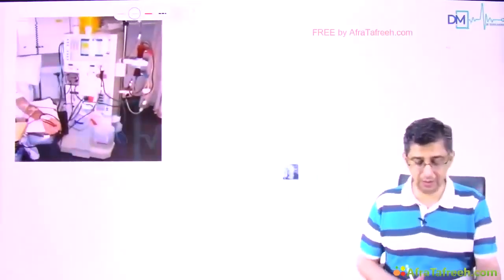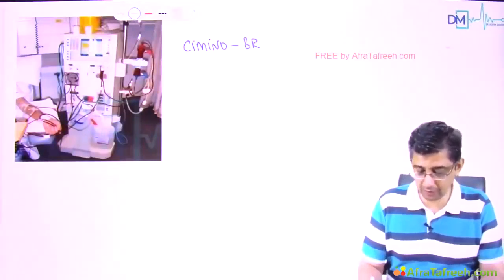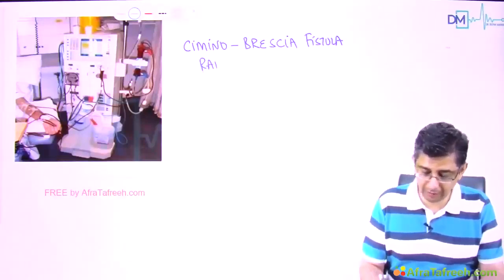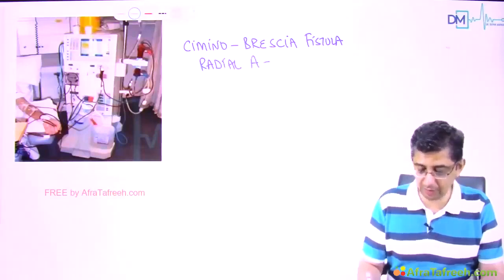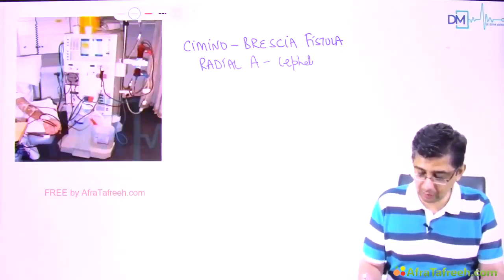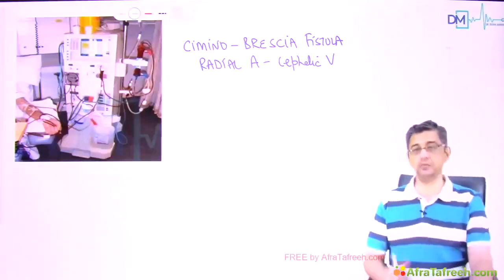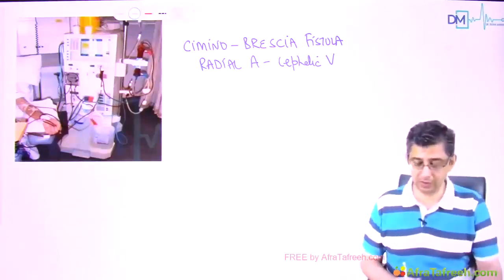Moving ahead, you can see a patient connected to a dialysis machine. So here what you need to remember is that for performance of dialysis in the patient, we shall be using a fistula that is called the Cimino-Brescia fistula. The Cimino-Brescia fistula would be connecting the radial artery of the patient to the cephalic vein, and the advantage of this would be that once you connect the artery to the vein, the hemodialysis process will become smooth,